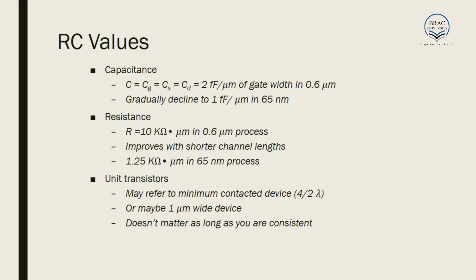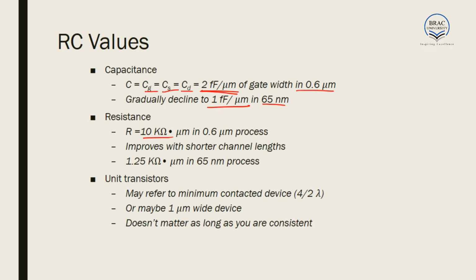Now we have known that the gate capacitance is 2 femtofarad per micrometer. This is called 2 femtofarad per micron. This is the same for source and drain, and this is applicable for a width of 0.6 micrometer. As the width decreases, the capacitance per micron decreases to 1 femtofarad per micron for 65 nanometers. And the resistance is